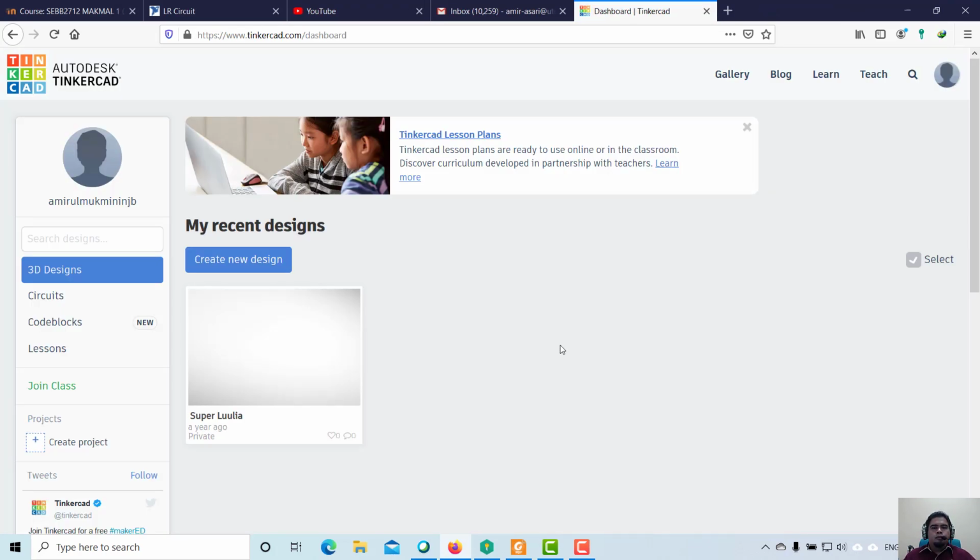Okay, I would like to show a demo on how to use another simulator, which is called TinkerCAD. The purpose of us also using TinkerCAD instead of only Multisim is because TinkerCAD is closer to the physical experiment. The question is, why do we need to do both Multisim as well as TinkerCAD